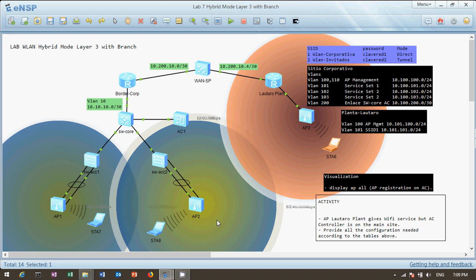So the access points and the controller are not in the same VLAN. Access points are in VLAN 100, and the controller, which is in another place of the network, is on VLAN 110. So one device, in this case the switch core, has to route